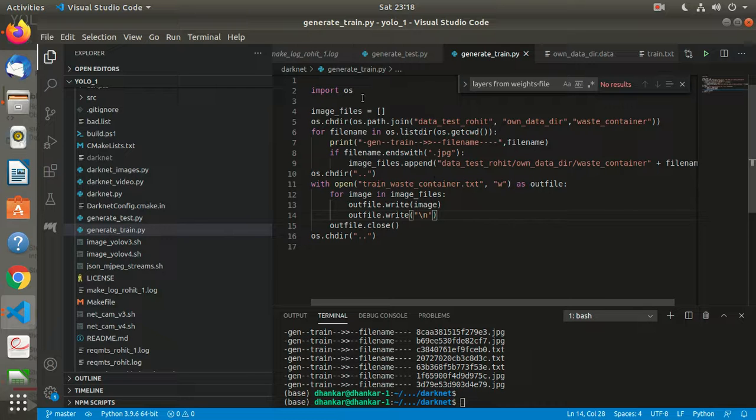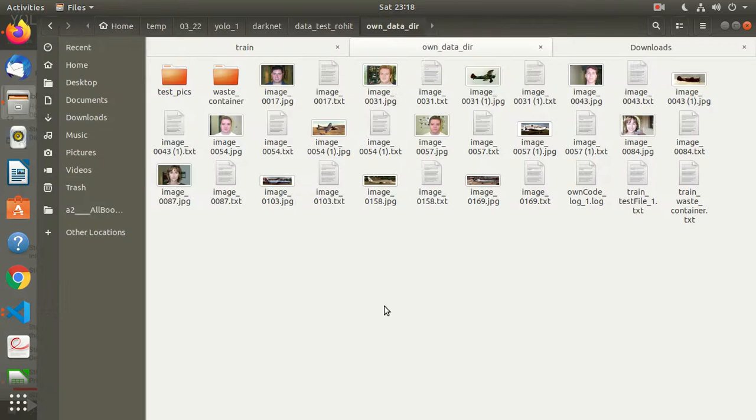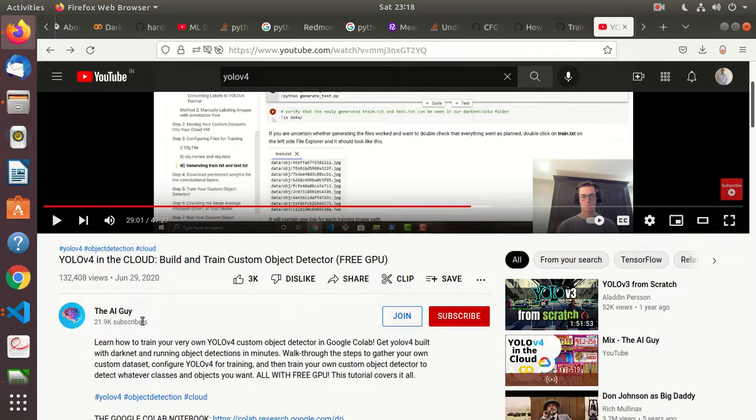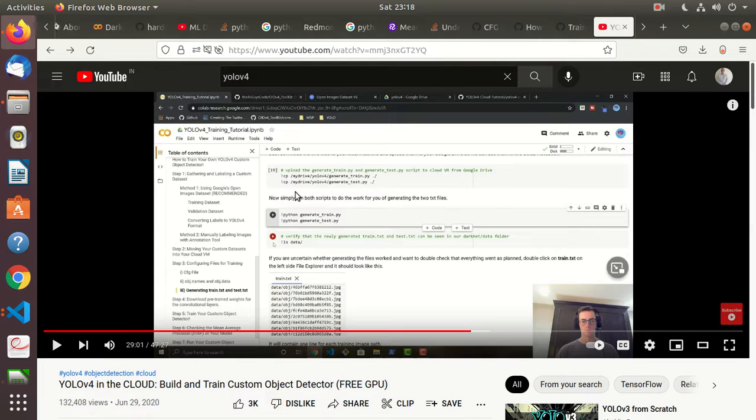So this is the setup for now. Slightly changing as to what I am targeting now. First, I was just running on this very small data set which I had over here. Now I've been following this tutorial, this one, the AI guy, and he's gone and recommended that go and download files from the Google